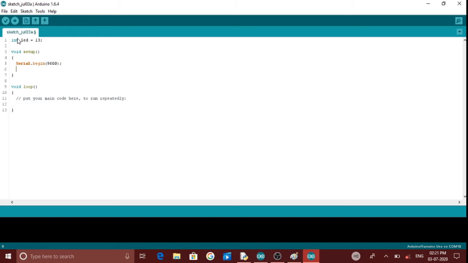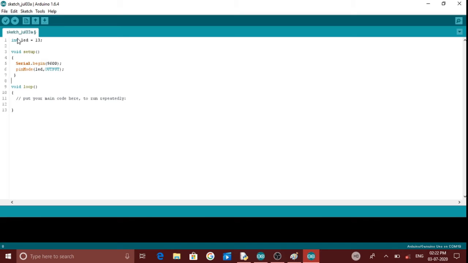Now we have to define whether our connected device is output or input. We connect the LED with Arduino, so the LED is an output device. Now our void setup portion is over.